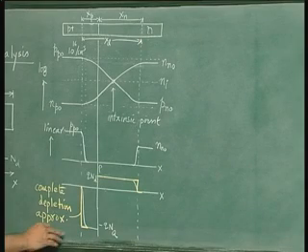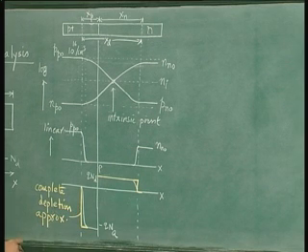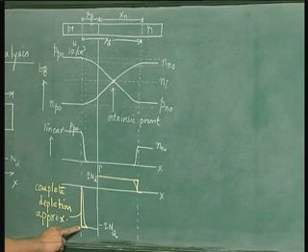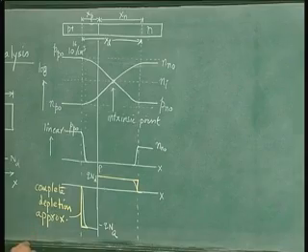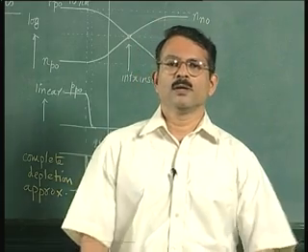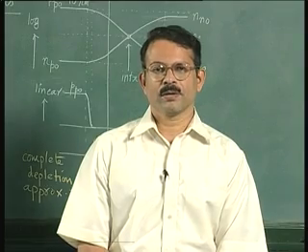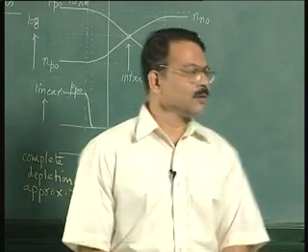Depletion approximation makes it easy for us to derive the electric field picture and some of the other parameters under equilibrium conditions. Now let us see what is the field picture for this particular space charge picture. Now the field picture is obtained using the Gauss's law. The Gauss's law says